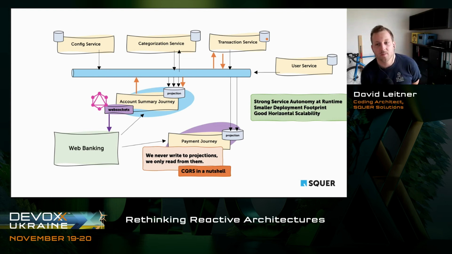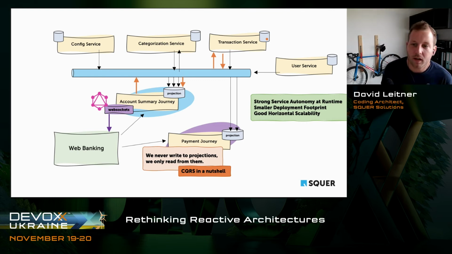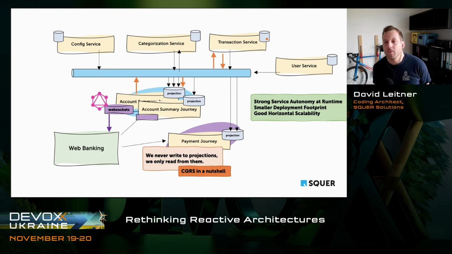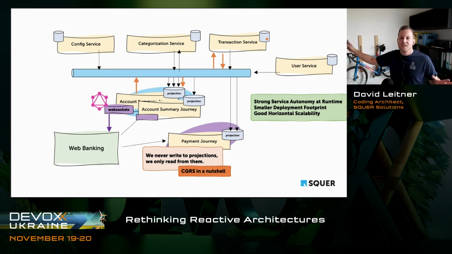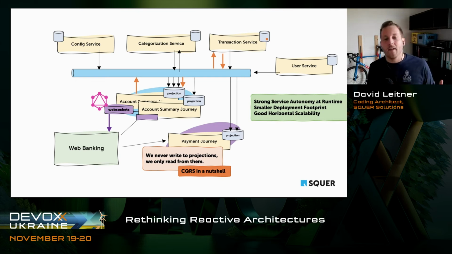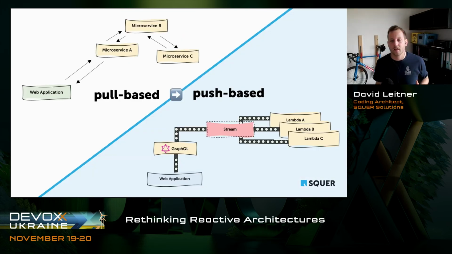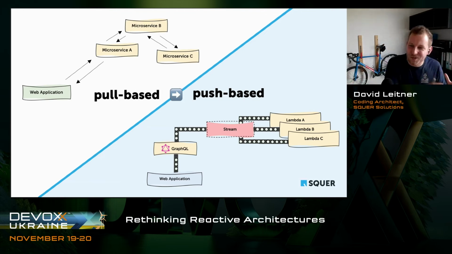If you want to spin up a new account summary service, because maybe so many people are currently watching the account summary, we spin it up, we build up the projection while spinning it up, and we have a new instance there, right? So more or less endlessly horizontally scalable. Yeah? And again, what we did is nothing else than moving from a pull-based to a push-based architecture. That's the whole talk about. It doesn't matter if you go from reactive programming or if you talk about reactive architecture. It's always this shift. Not pulling for data, but getting data pushed.